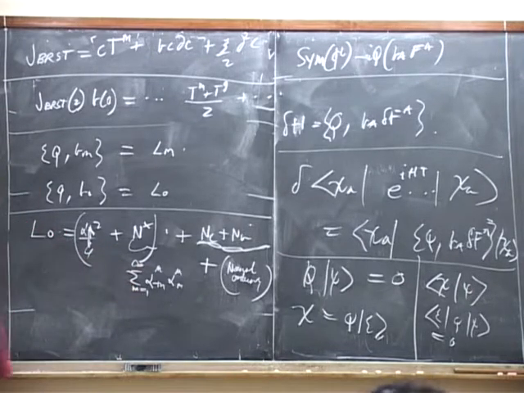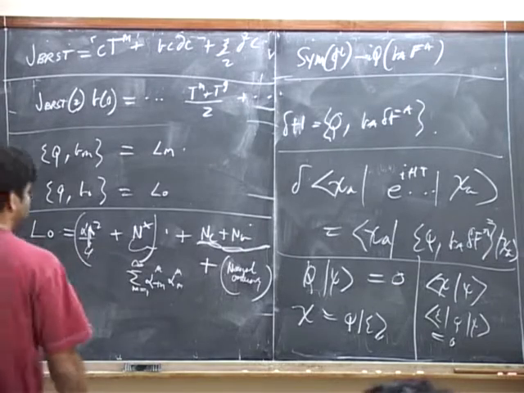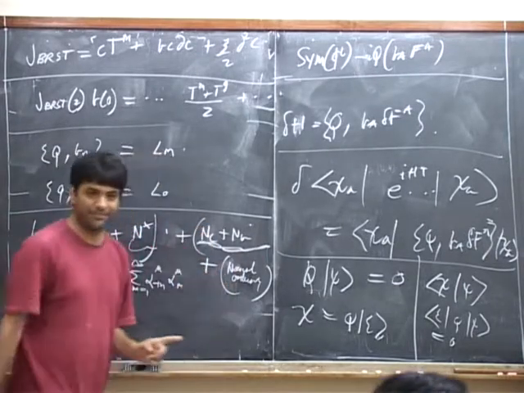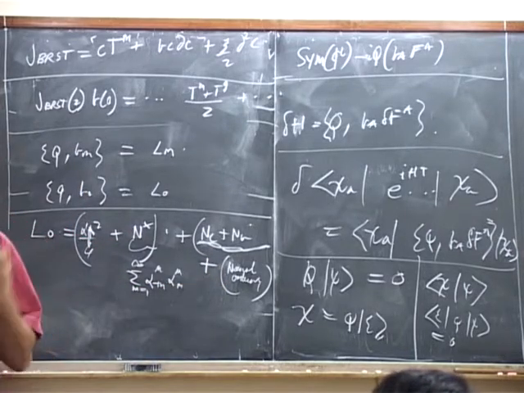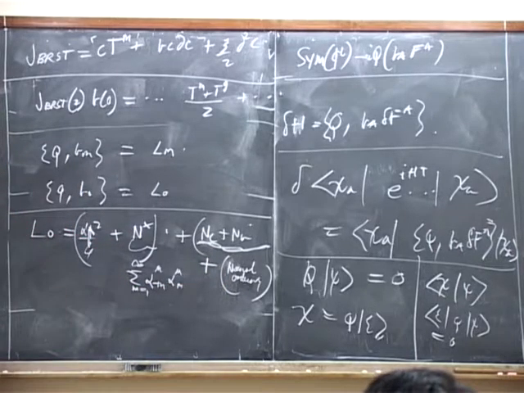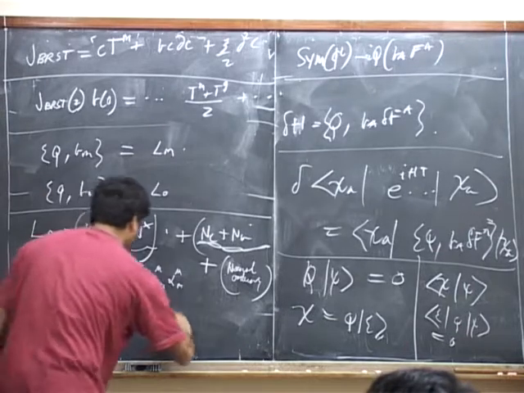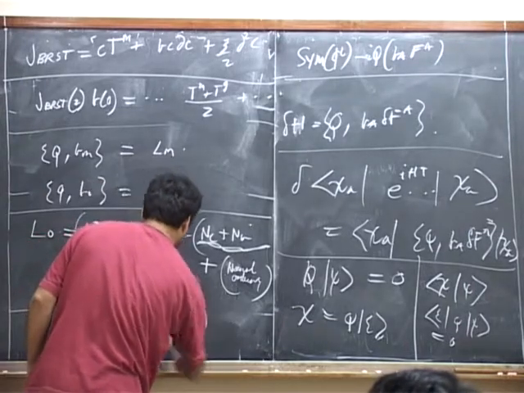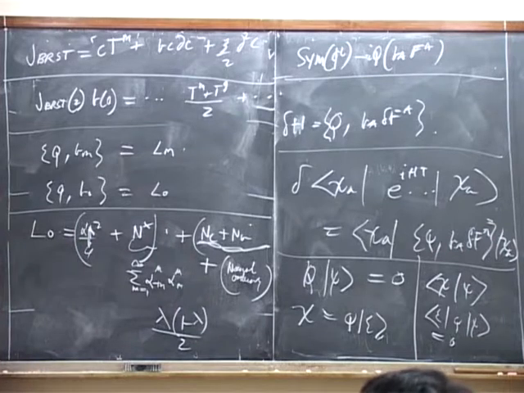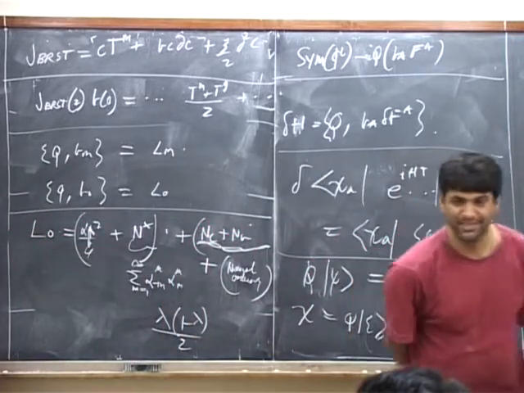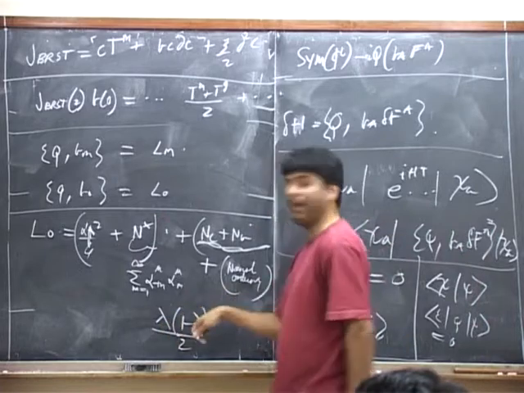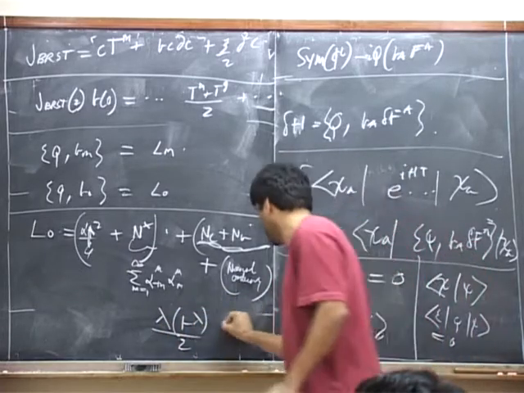We worked this out in detail, right? But if you remember, when we were discussing the BC ghost system, we also discussed what the normal ordering constant was for the stress tensor of the BC ghost system. And you remember we got the answer lambda times 1 minus lambda divided by 2. Now, in the BC system we're talking about now, lambda is equal to 2. So this is 2 times 1 minus 2 divided by 2, so that's equal to minus 1.